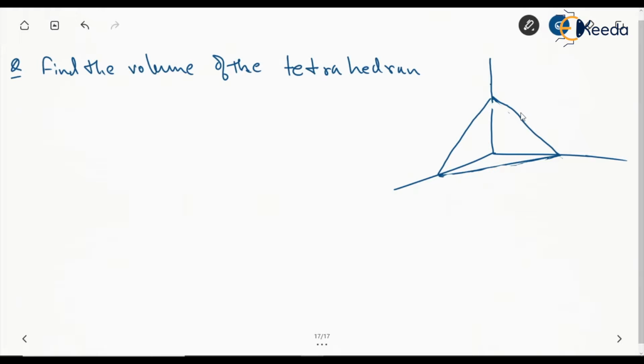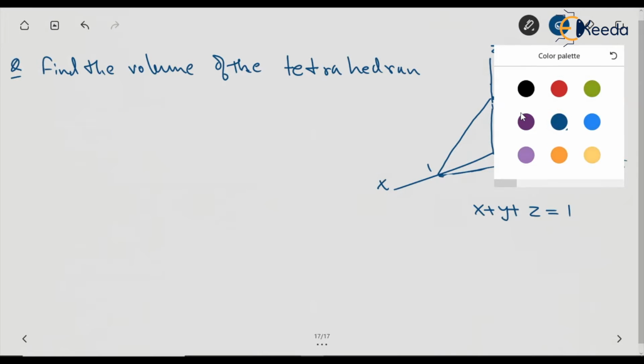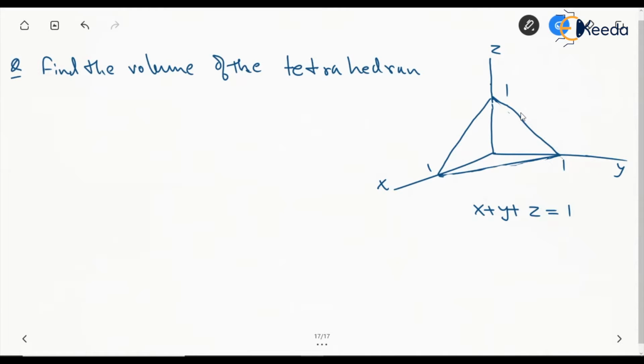So let's say this is the tetrahedron x, y, z as 1, 1, 1. So this function is actually going to be x plus y plus z equal to 1. And now we have to find the volume of this body. So if we take any element here, let's say this is the plane which we are trying to integrate,